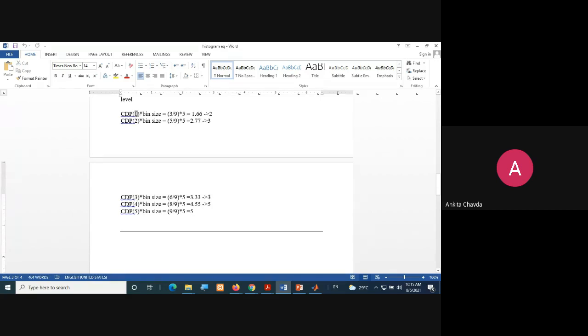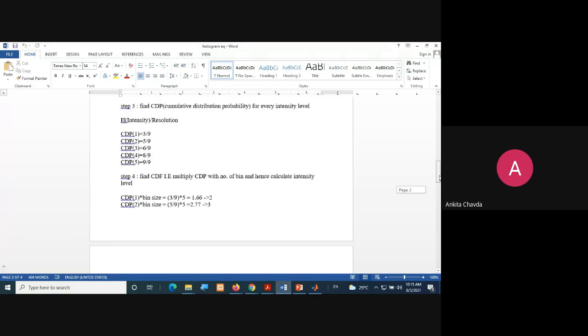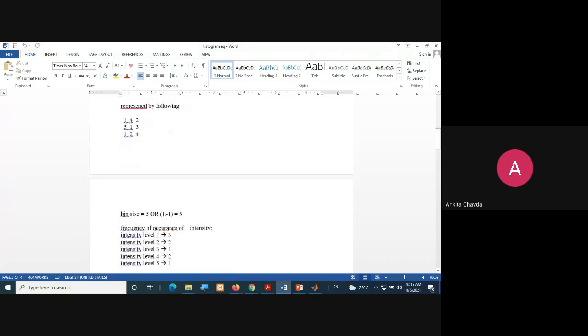Your previous intensity was 1, but the new intensity is 2. Your previous intensity was 2, but now it is 3, right? And so on. Your previous intensity was 4, but now you are getting the new intensity as 5, and 5 will become 5 only, right? So this is how you need to change this matrix now.